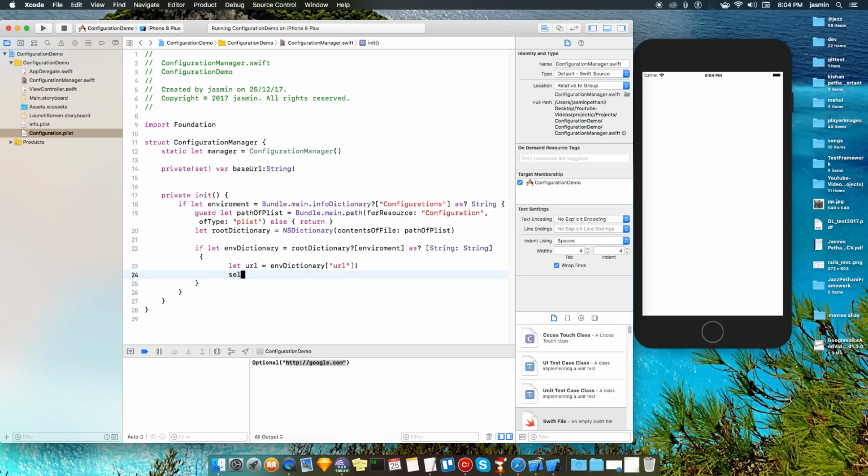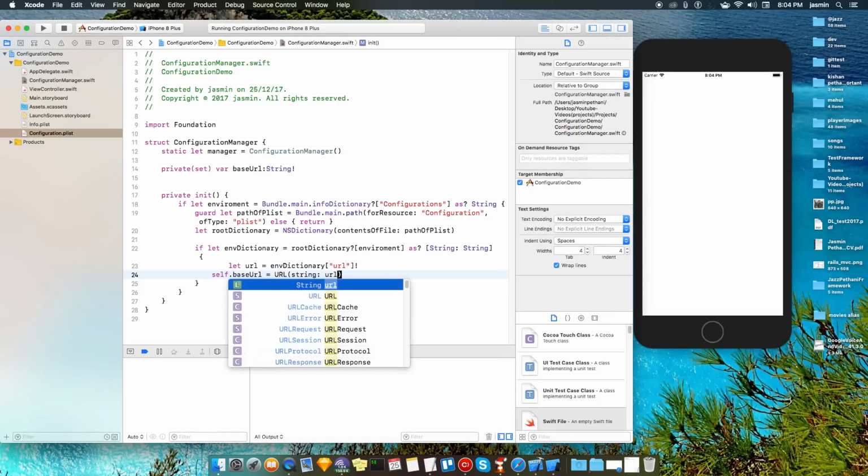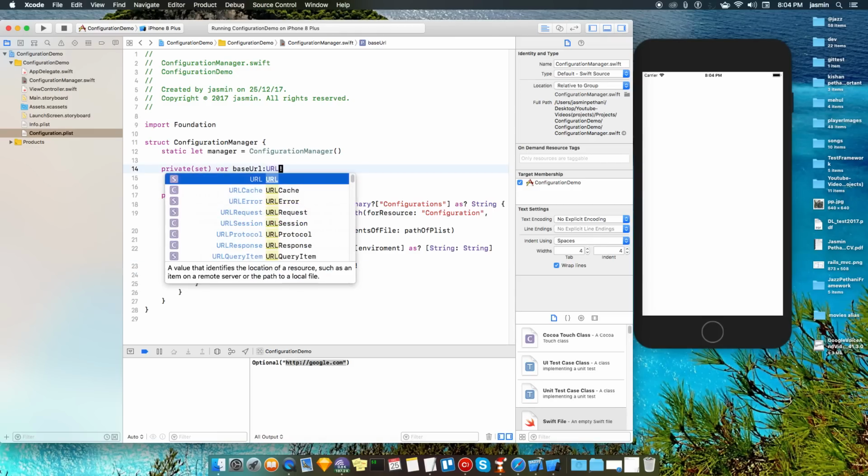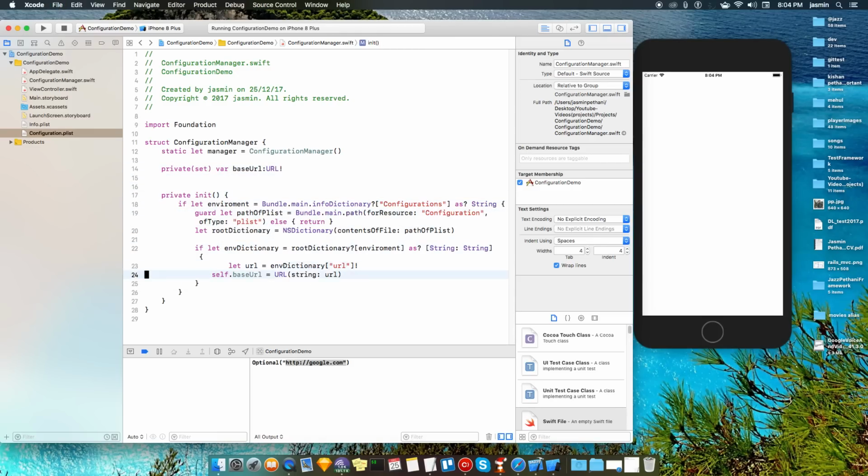Just setting self.baseURL equal to the URL string, and you can use a URL over here instead. So a singleton is the best place, the singleton's constructor is the best place to parse this dictionary before the application is run, so it must have only one instance in the whole application.